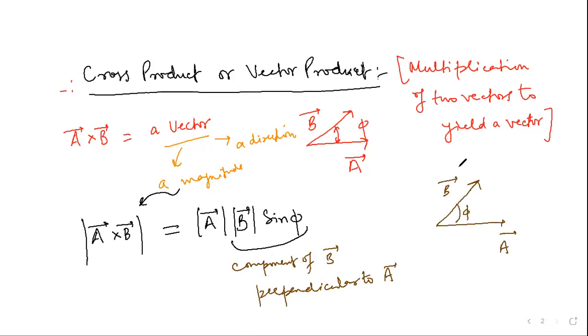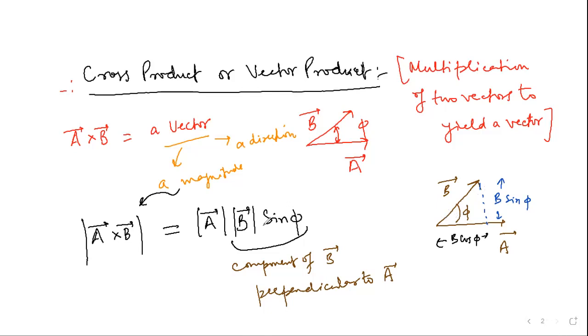You draw perpendicular from B on A. You know, this length is B cos phi, and this is B sine phi. B cos phi, as we already know, is called component of B along A. B sin phi is called component of B